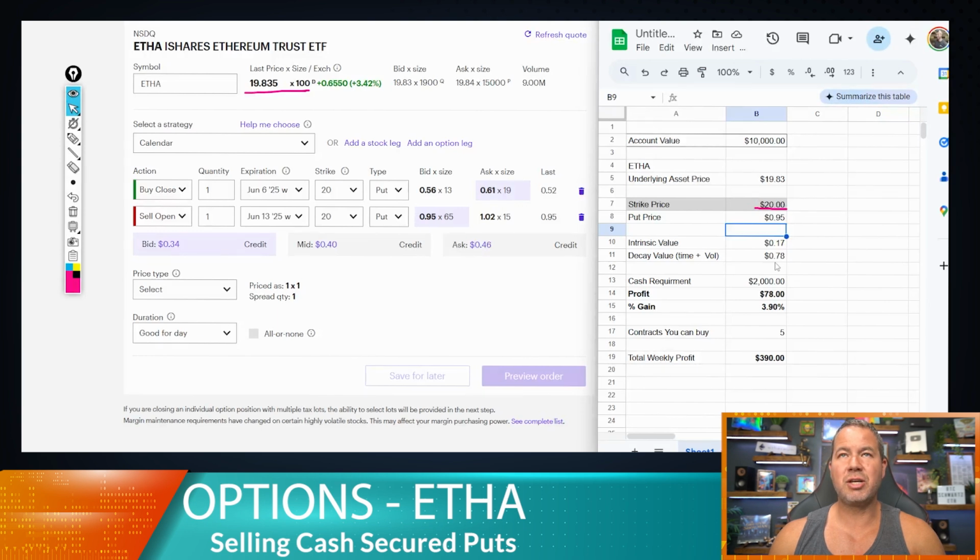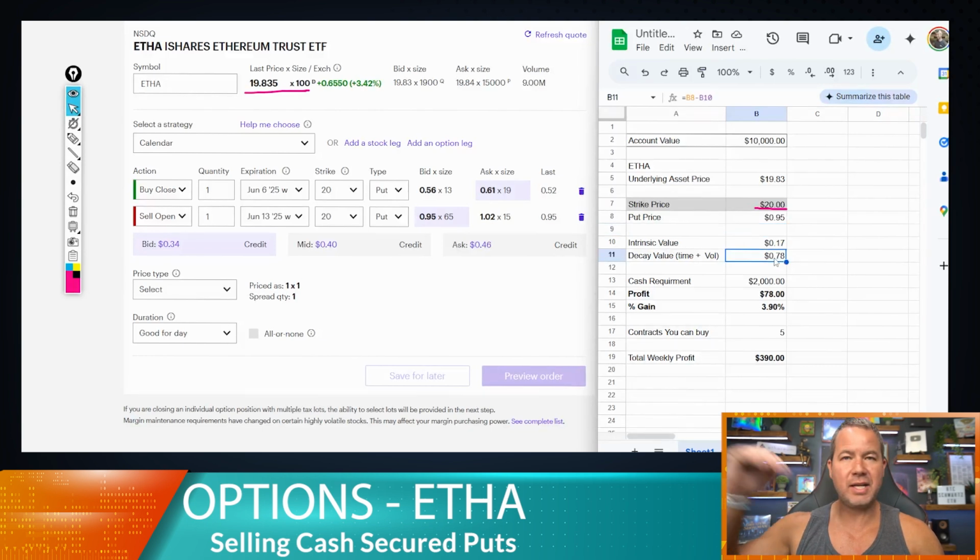And eventually you'll realize all that time decay and volatility when it finally pops back up and you're able to close out of that option when the strike price gets back to $19.83 or $20, which is when the underlying asset price gets back to $20, which is what you want. So in this scenario, if we were to buy a week out and roll into this,